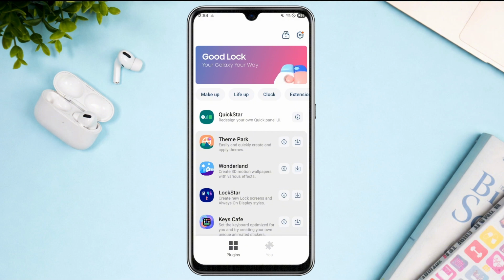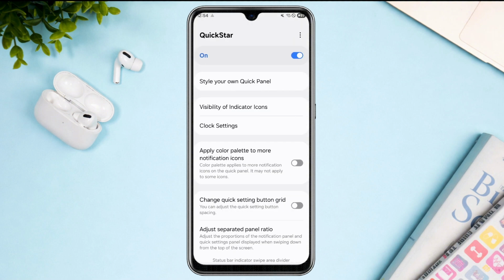Now, once you've successfully downloaded this, once you pull up the app, you're going to need to add a plug-in, which is going to be QuickStar. So if you haven't downloaded and installed this onto your Good Lock application, make sure to do that first. And then once it is fully downloaded, you're going to have to turn it on